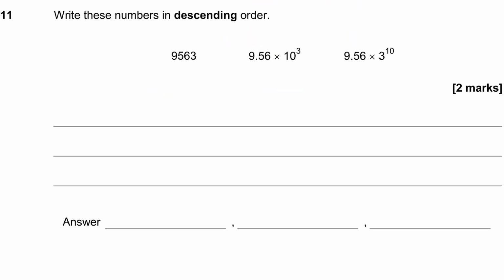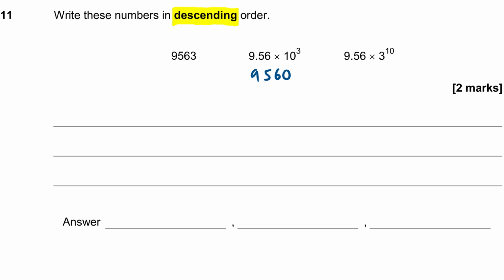Okay, question 11. Write these numbers in descending order. Now, whenever they write anything in bold, it normally means that students tend to skip over it. So descending means going down, from biggest to smallest. So I've got 3 numbers, 2 of which are in standard form. So let's write those out long before we proceed. So 10 to the 3 is the same as 1,000, isn't it? And 9.56 times 1,000 is going to be